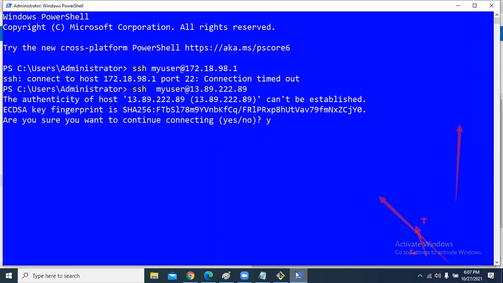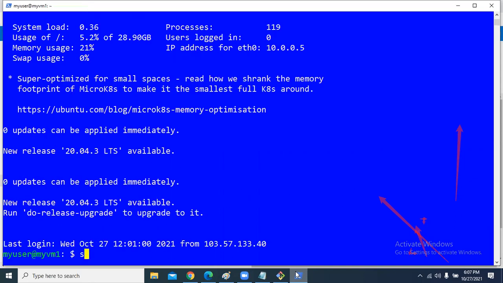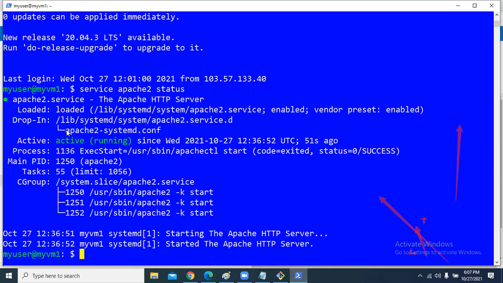Say yes. Now check whether Apache 2 is available or not. I did not install anything. Service Apache 2 status. Are you seeing, right? Active and running.